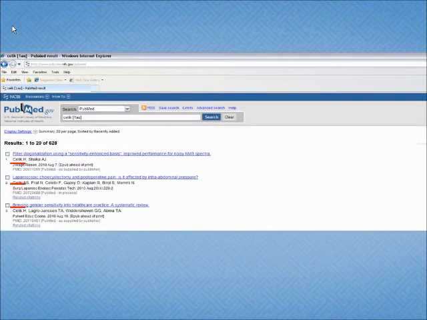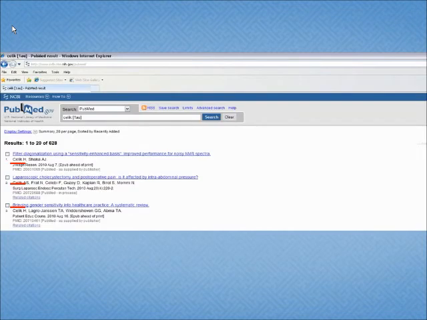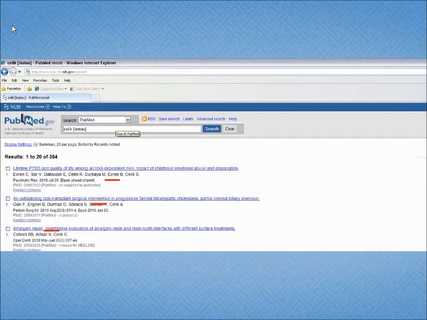If you write first author just before the term, you see here, it searches for just the first author. Here, just the first authors are listed. And it is last author.